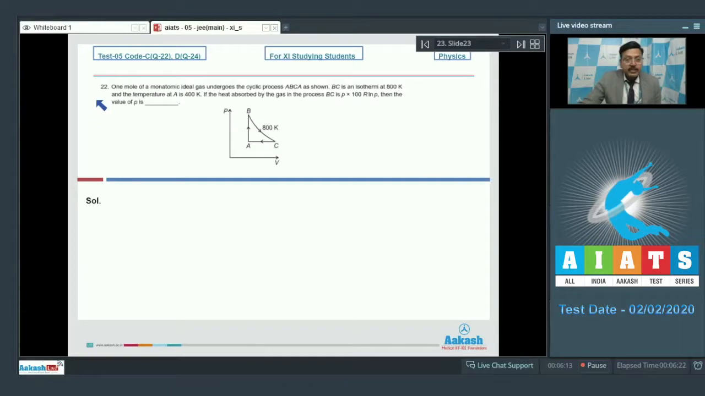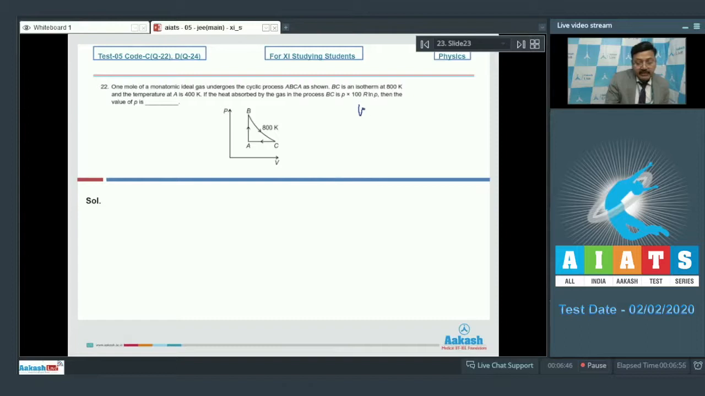Question 22 says 1 mole of a monatomic ideal gas undergoes the cyclic process ABC as shown. BC is an isotherm at 800 Kelvin and the temperature at A is 400 Kelvin. If the heat absorbed by the gas in the process BC is P into 100 R ln P, then the value of P is. Okay, so BC is an isothermal process,